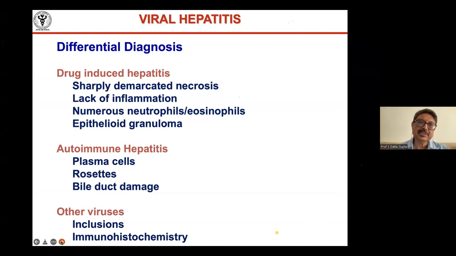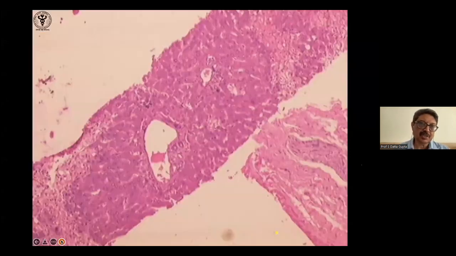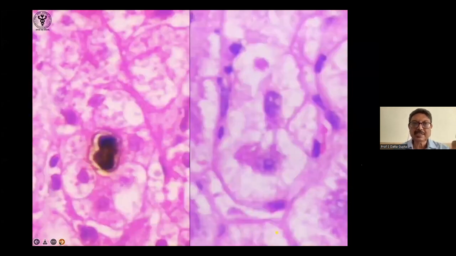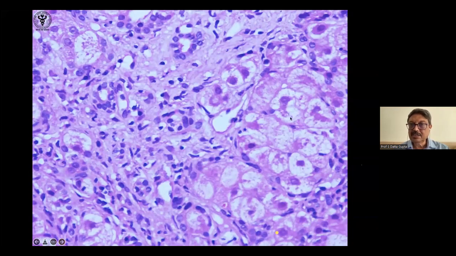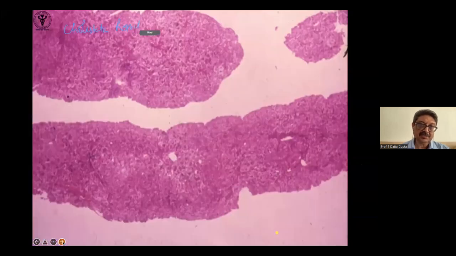So please remember, all these changes can be seen in drug-induced, autoimmune, other viruses, and so on. But in drug-induced, generally the necrosis is very punched out and clearly marked. There are other things. This is a cholestatic rosette, cells surrounding a canalicular rosette, sorry, with bile here. This is a cholestatic rosette, no canaliculus in the middle. I brought in the term cholestatic rosette because these are very commonly seen in autoimmune hepatitis. Okay, this interface hepatitis and other things that you see.